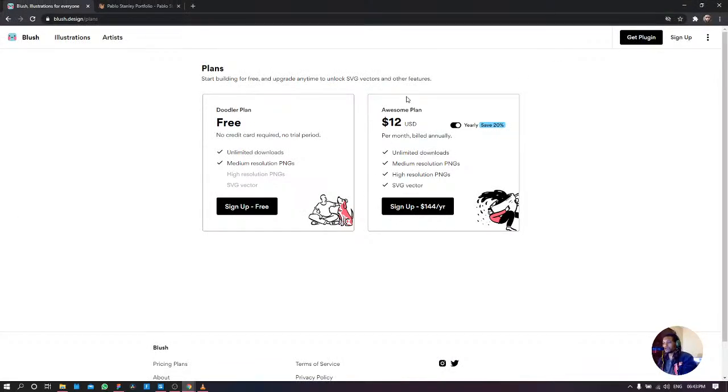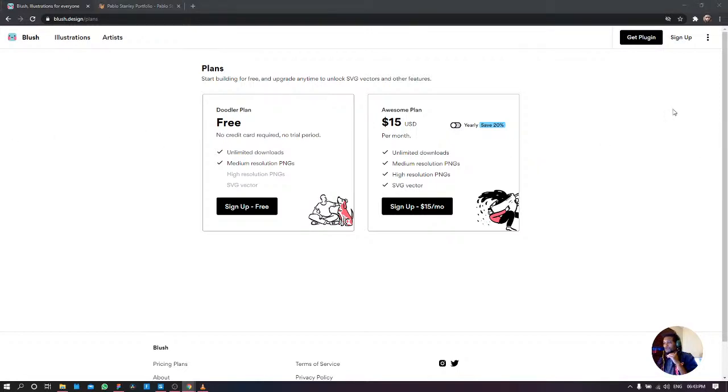And also the awesome plan, as they put it, is quite reasonable as well. I think at $12 per month, or at $15 if you're paying monthly, is still reasonable even for people who are buying this at the exchange rate to the dollar,